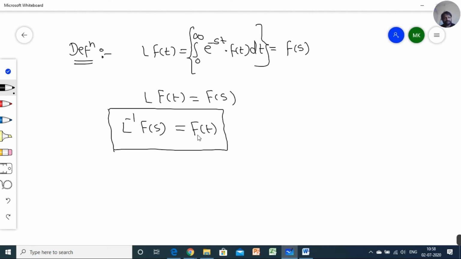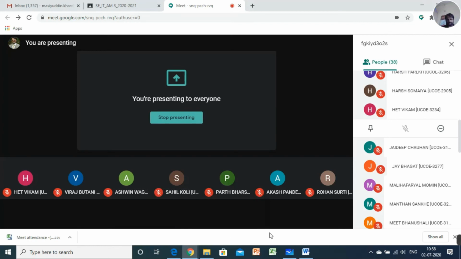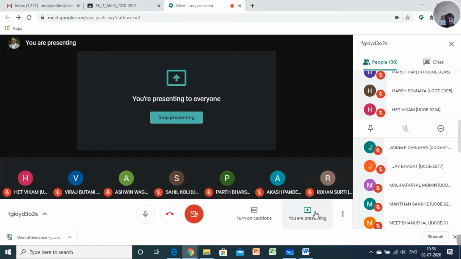The first shifting theorem you must understand in Laplace transform. You must learn how the first shifting theorem is applied. You must understand that concept, because I require it in inverse of Laplace transform more and more, because 90% of questions are based on the first shifting theorem, because we always have to use a reverse process, and at that time the first shifting theorem always plays an important role. Now today we are going to stop here.